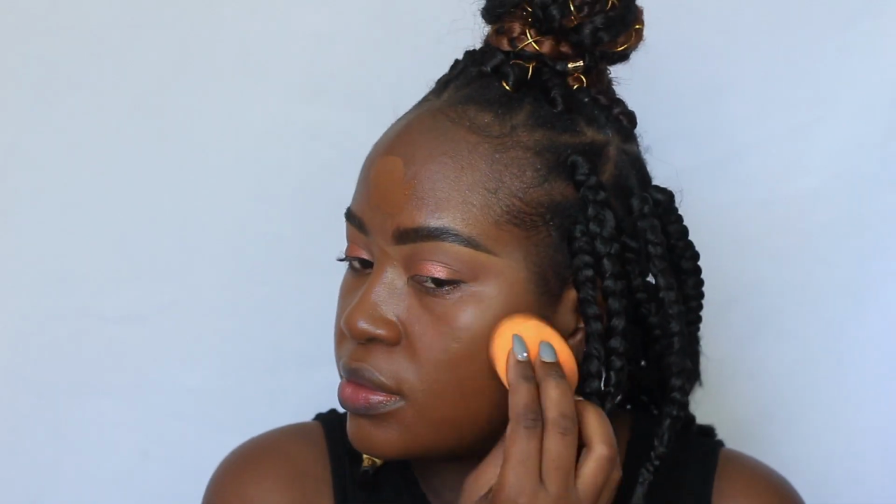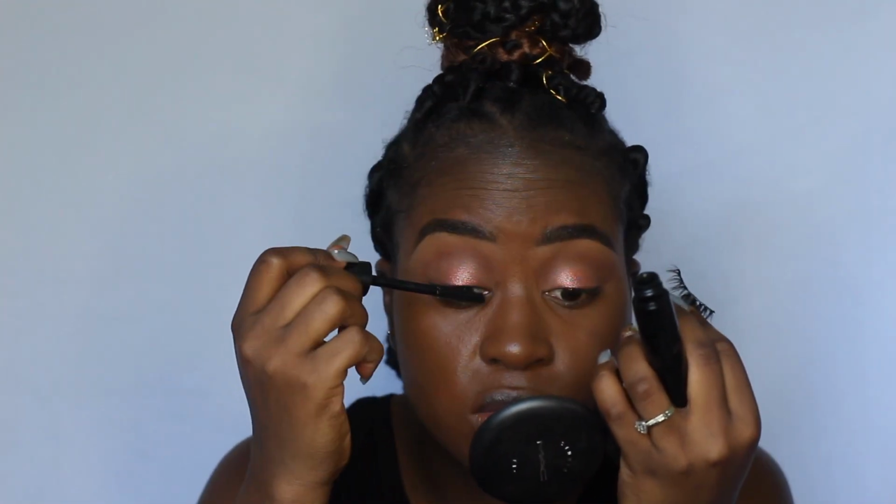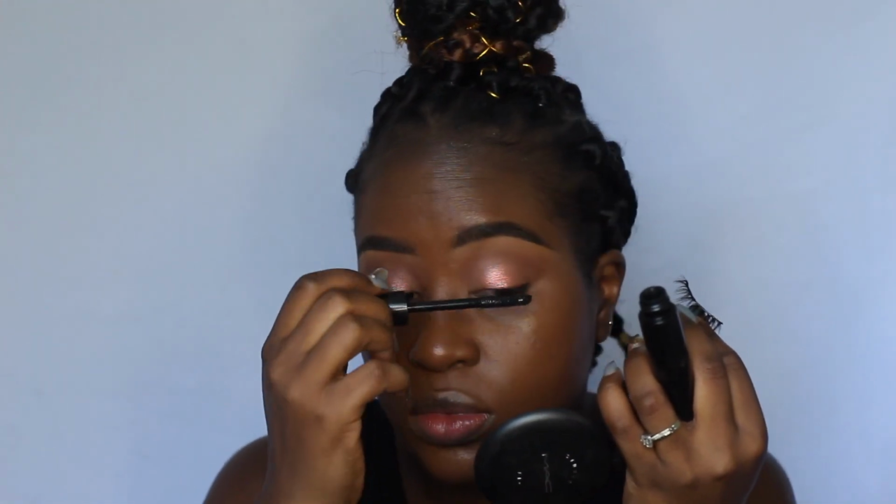So yeah, even though it's more on the dewy side, I still love it because when my skin does have texture, it also looks very good over it, and the color always matches me, whether winter or summer, you know, it just always looks good. So this is one of my go-to foundations. I'm just going to take it all over my face like that, and then I'm going to apply some mascara and apply